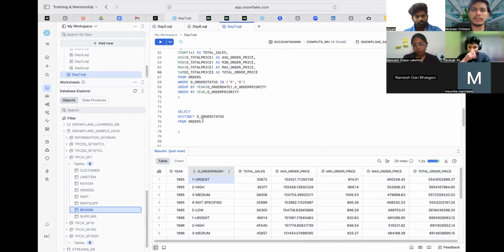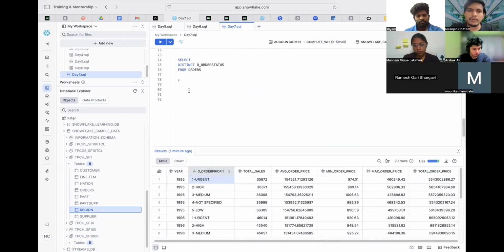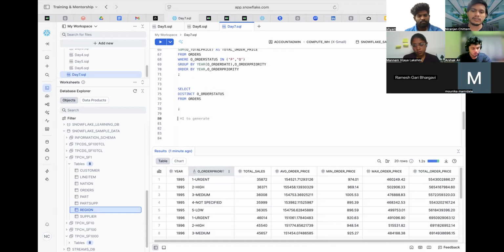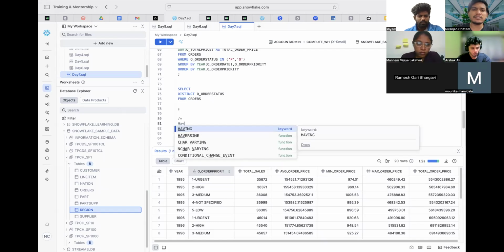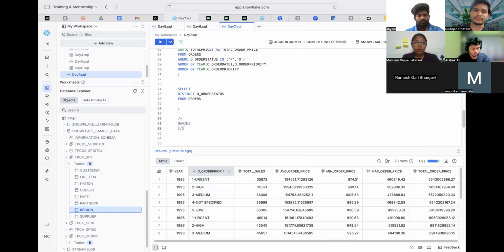So now, no sir, suppose I think this will be feasible for this one. Having is what we have. So where clause. What does the where clause do? Can anyone explain? What is the where clause? It filters the condition. It filters the condition before doing aggregation. That is the thing, right? You could see that before doing aggregation, it will filter. What will having do? It will filter